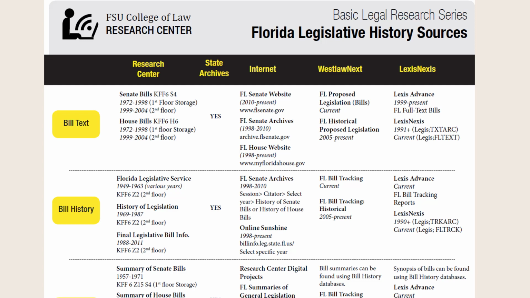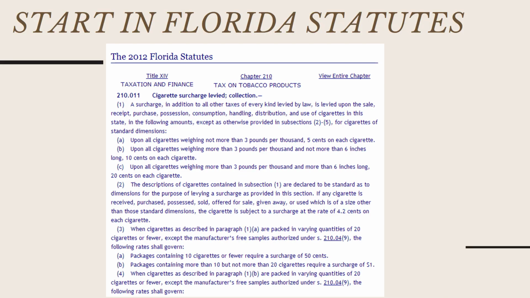One of our librarians at the Research Center created this really helpful chart that goes through the different parts of a legislative history and shows you where things are available: Westlaw, Lexis, online, in the state archives, and it goes by year. So when you need to do legislative history of an existing statute, existing language, something that's already been passed,